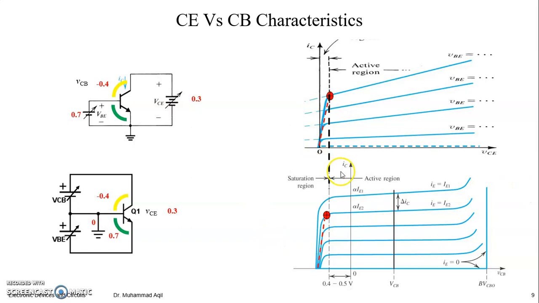So we have already shown that these curves can be drawn with this circuit and these curves can be drawn with this circuit, because you can plot anything with reference to any other thing. So this is done, the comparison of common emitter characteristics and common base characteristics, right? So let's